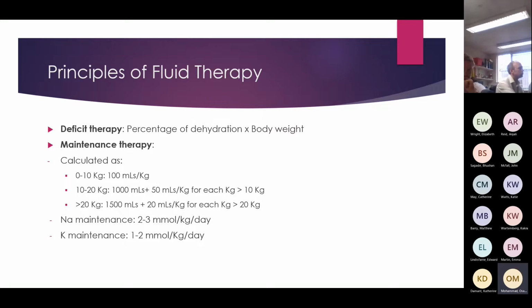And the maintenance therapy is the amount of fluid that is needed just to maintain the circulatory volume, and it's calculated in children using the usual method, the Holliday-Segar method, which is for the first 10 kilograms, 100 mils per kg for each kilogram, and for the second 10 kilograms, from 10 to 20 kilograms, 1000 mils plus 50 mils per kg for each kilogram above 10. And if the child is above 20 kilograms, we use 1500 mils plus 20 mils per kg for each kilogram above 20. This is the water